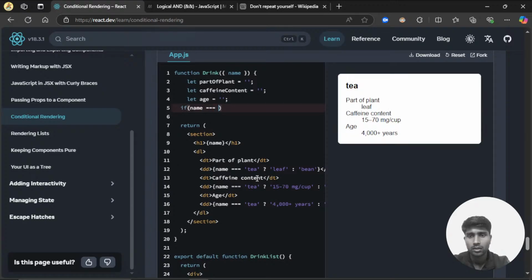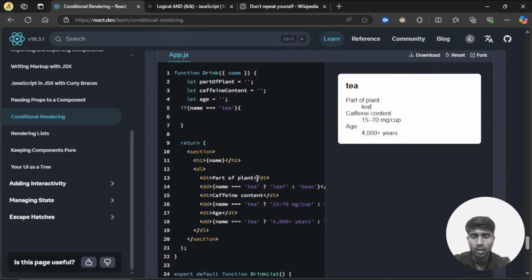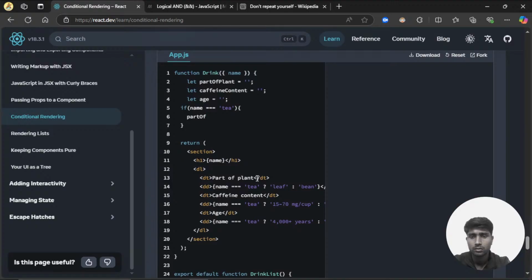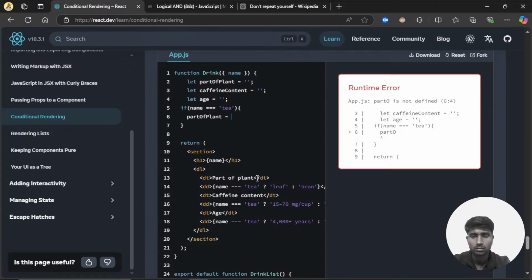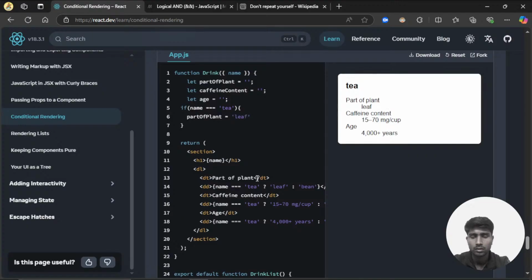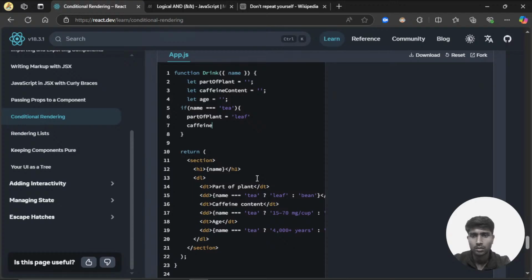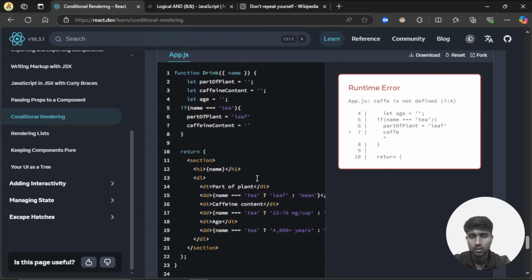Name equals to e, then part of plant equals to leaf, and caffeine content equals to